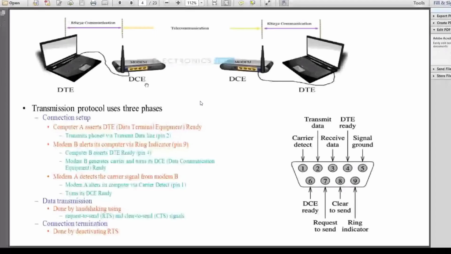Two DCEs communicate with one another to pass the data between the transmitter end and the receiving end.